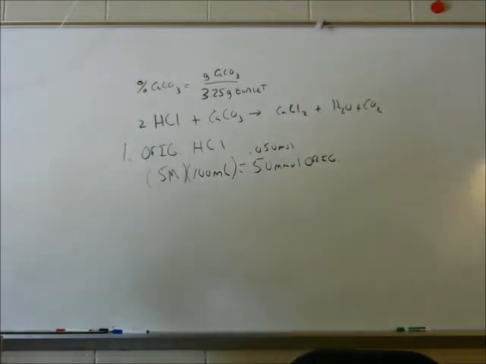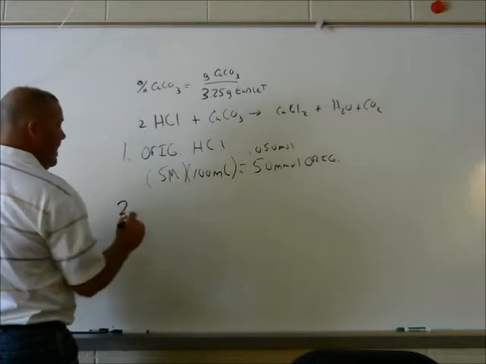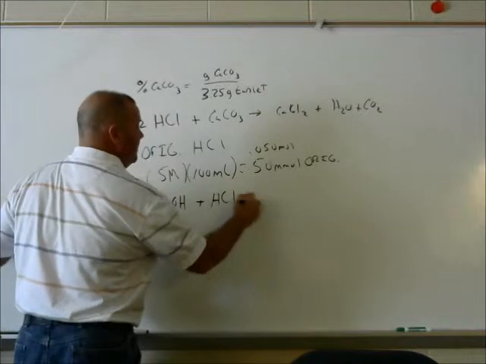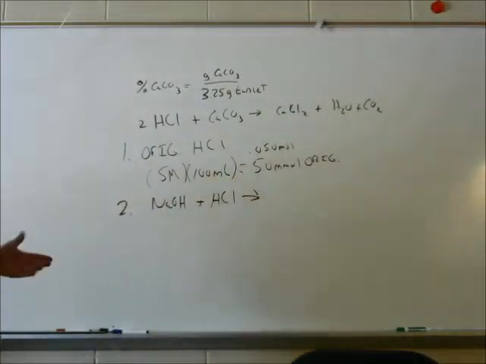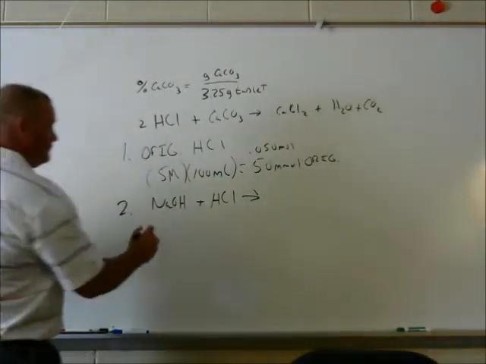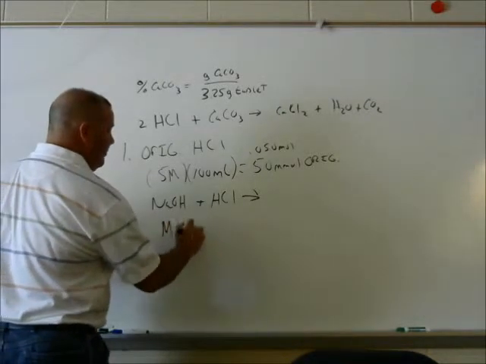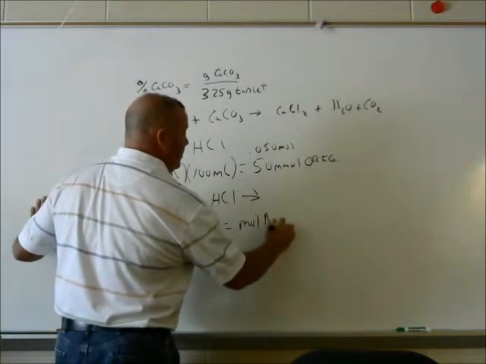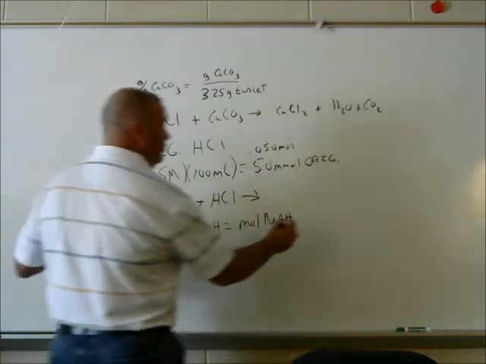The second thing is we react it with the 3.25 gram tablet. It reacts, and there's some left over. So after we figure out how much we started with, we need to figure out how much of that acid is still left after that reaction. To do that, we know that we're going to treat it with NaOH, and we should realize that's a strong 1-to-1 ratio, so that the molarity times volume for the NaOH must equal the moles of NaOH. That must be equal to moles